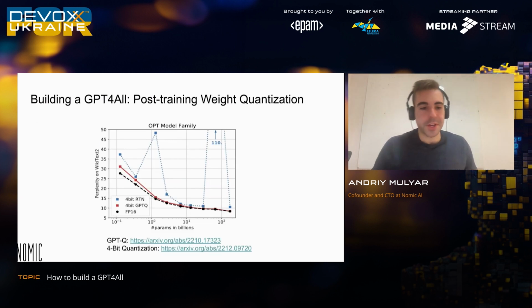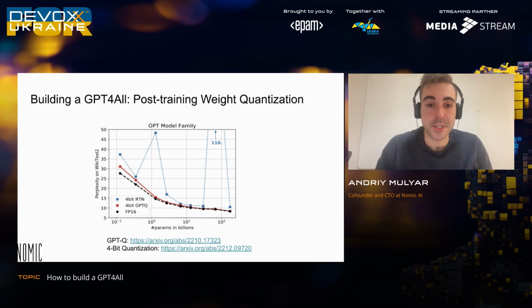And then there's one more trick to be able to make these models run locally, in the manner that I just showed you on my laptop, while I'm also running pretty memory and CPU intensive software to stream this presentation over to you guys. The one trick is post training weight quantization, and those are big words. But what it means is basically you take all of the parameters that exist in that machine learning model, all the knowledge contained in it, and then you prune it a little bit. That means you cut off pieces of information.